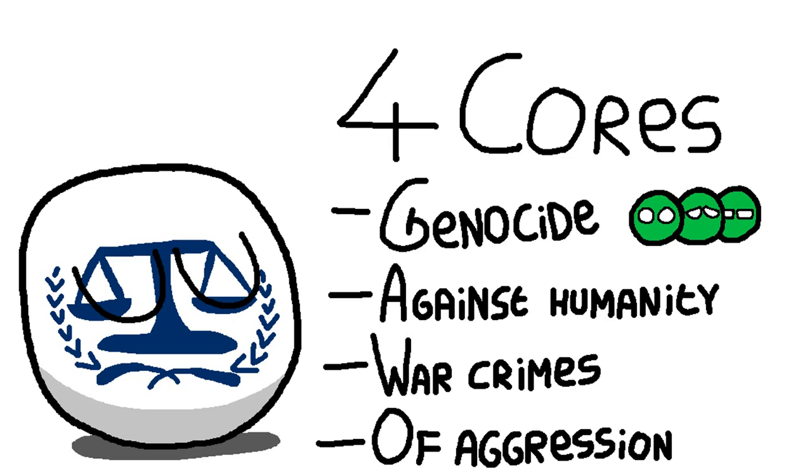A genocide is a mass killing of a certain ethnic group, and crimes against humanity is a mass killing of many individuals. These two are very easy to mix up, but to make it a little simpler, laws for genocide aim to protect the ethnic group, while laws for crimes against humanity aim to protect the individual.